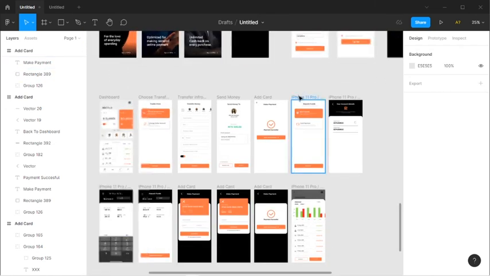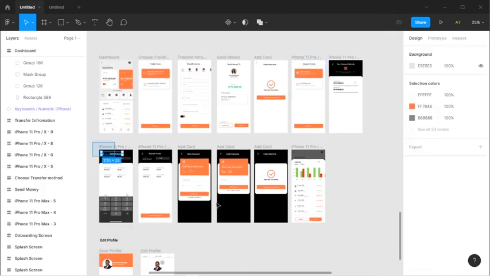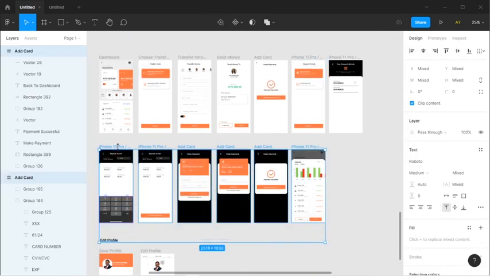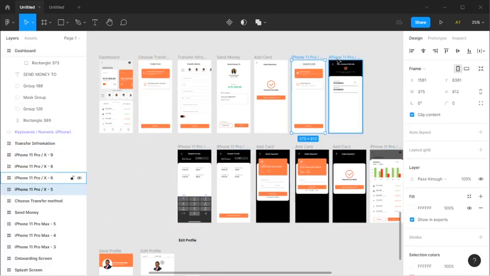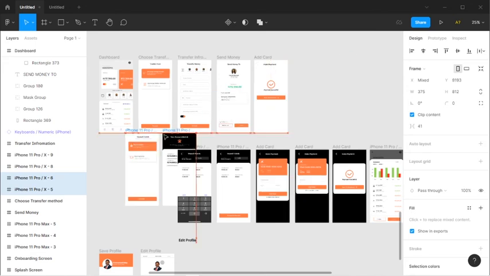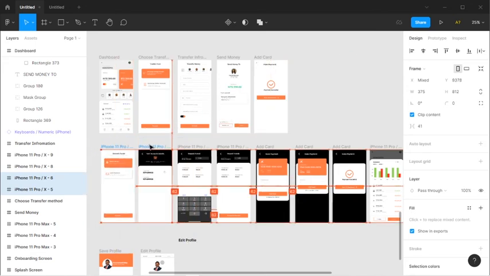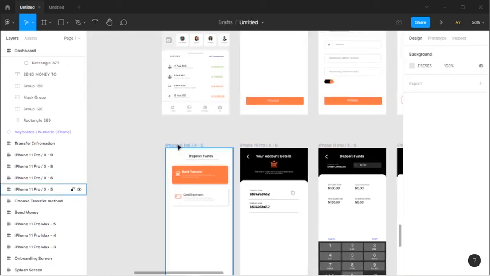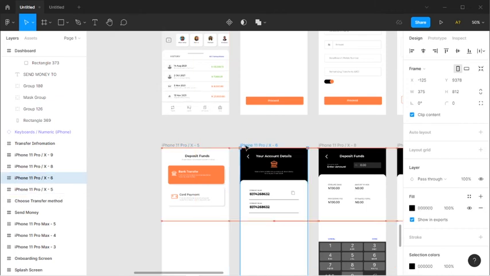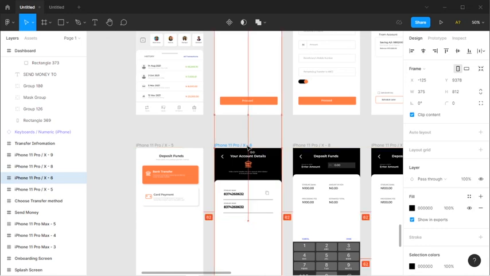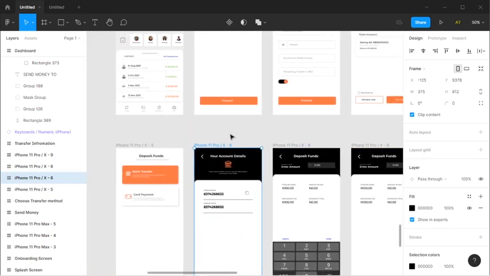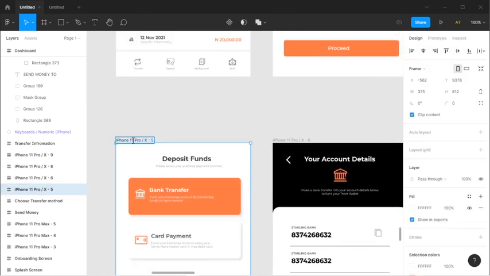I feel like this is supposed to come down in the arrangement so that we can also segment it properly, which is like deposits. Okay, so deposits